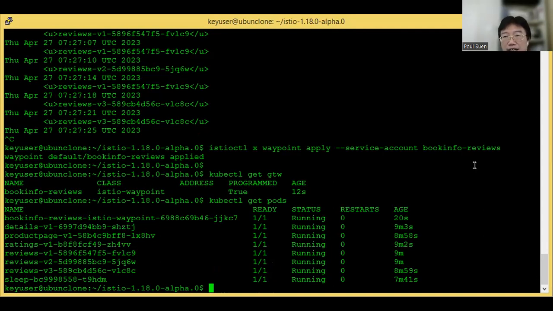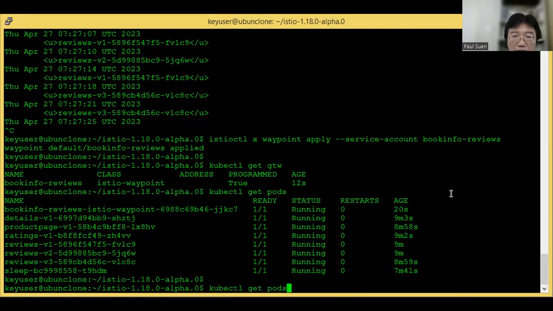And this service account is the one that connects the waypoint proxy to the reviews pods version 1, 2, and 3. We can check from the settings of the reviews pods that the service account is also set to bookinfo-reviews.